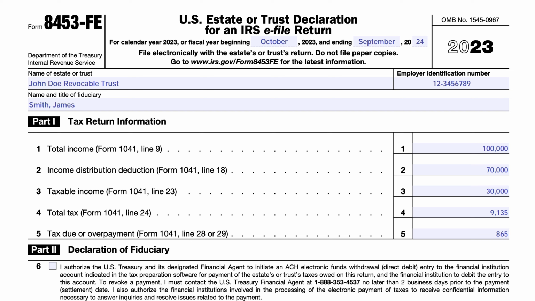You don't file this electronically. You do not file this in paper form. You would file this electronically with the tax return. So we'll go over this form. It's pretty straightforward. It's one page, and most likely, if you use a paid tax preparer, they're going to have